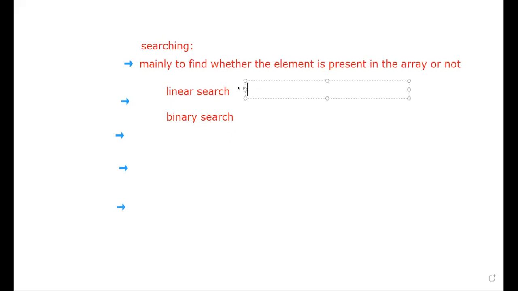Linear search is also known as sequential search. Majorly the value is present in the array.